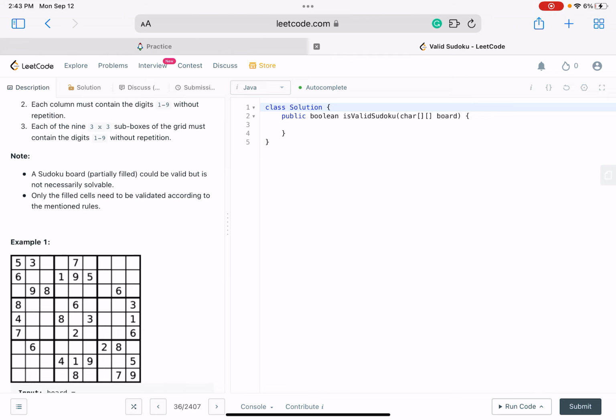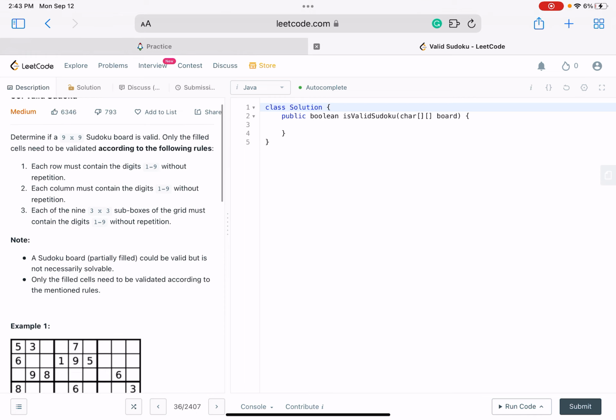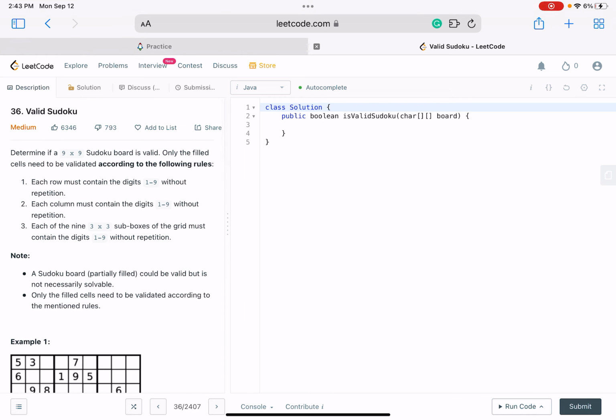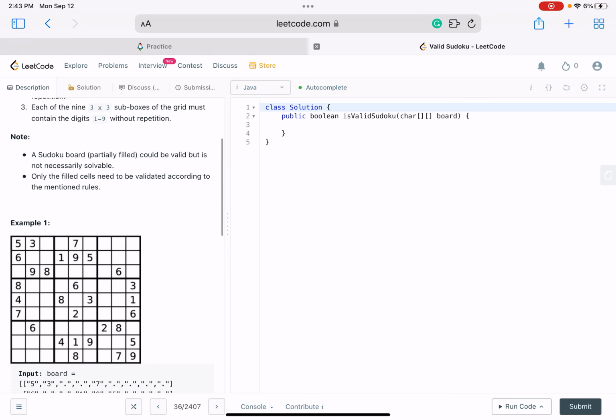Okay. First, let me clarify, because LeetCode has two problems. One is called valid Sudoku. One is called Sudoku solver. We're not in the business of solving the Sudoku. We are just trying to validate whether the board is a valid Sudoku board or not. So for people who don't know much about Sudoku,